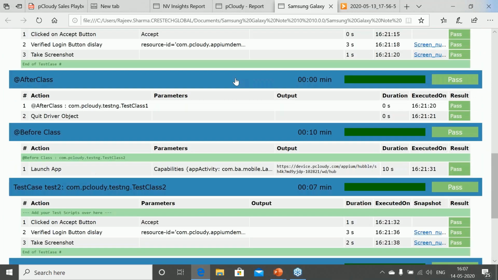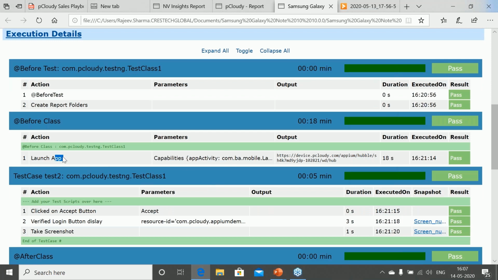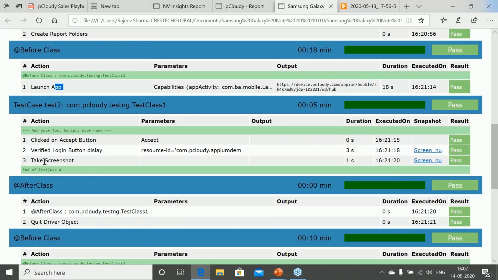I can again go back and look at each step, what is happening. If it is a launch application, how much time it is taking. I'm taking a screenshot, how much time it took. It took 1 second. So this kind of detail comes into this report, and this can be further correlated with the performance test results from the API. It can give a view of the user experience snapshot at peak load, or during ramp-up or ramp-down time, and what conditions were there.